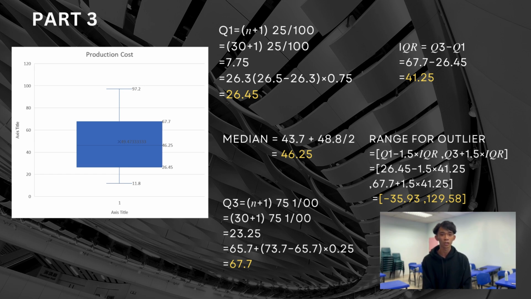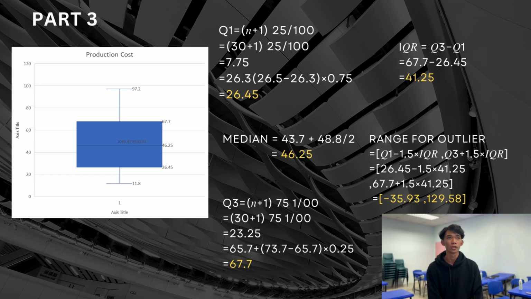And for Q3, we can find it by (n plus 1) times 75 divided by 100. So we can get the Q3 as 67.7. So how to find the IQR? To find IQR, we can use the formula Q3 minus Q1. So IQR is 41.25. Based on the box plot, we can see that the minimum point is 11.8, while the maximum point is